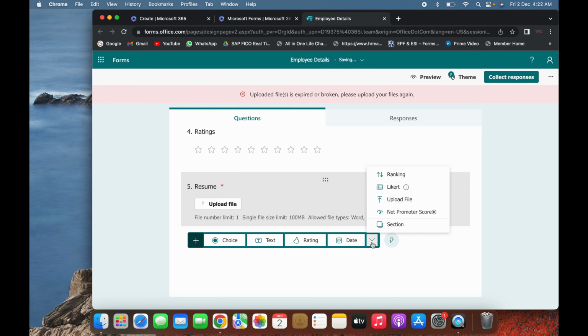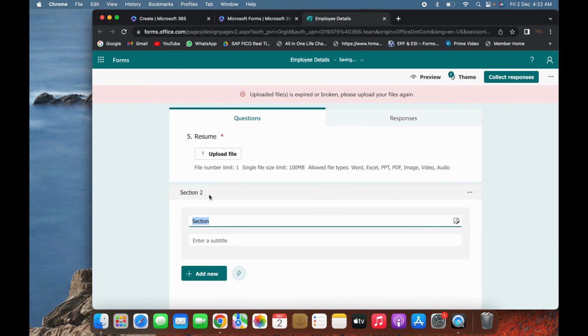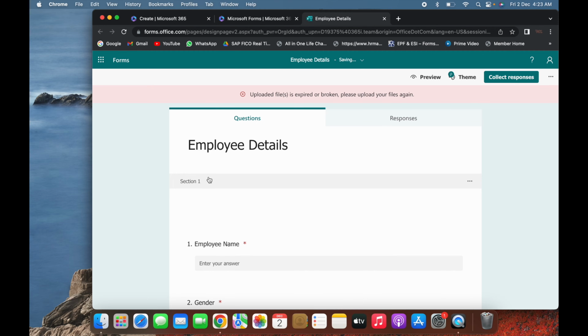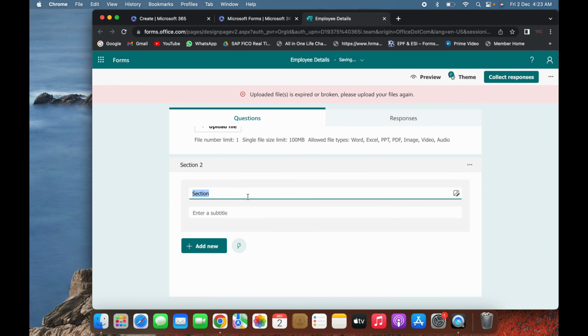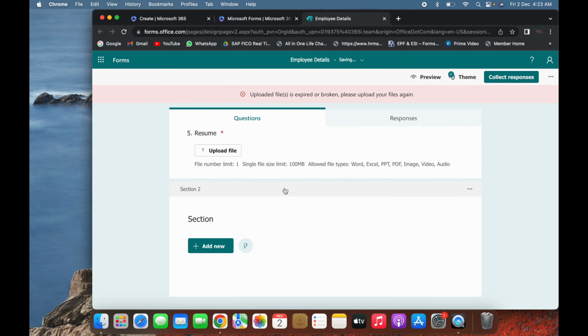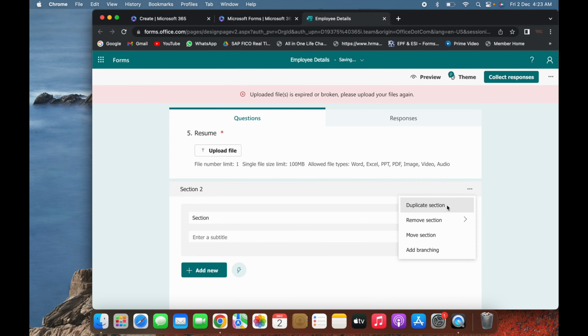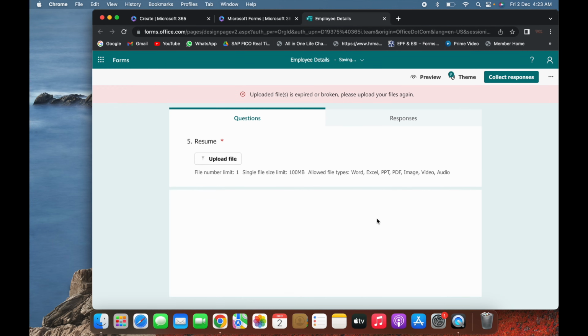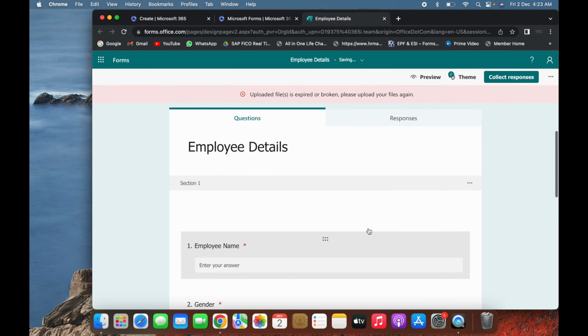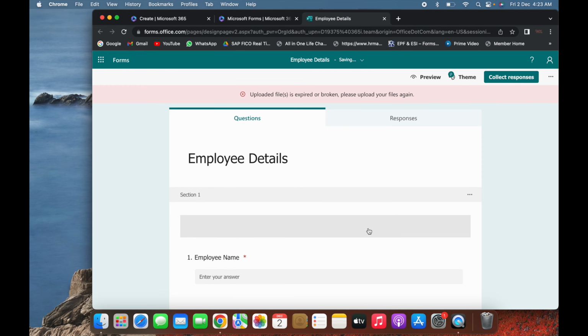Add new and go ahead, and this is a section. It is nothing but it will divide the questionnaire into different sections. So it will add a new section. So if you click, see here, the new questions will keep on building from here itself. So the above one is section 1, as you can see here, and the bottom one is section 2. So it is not needed to keep this section-wise as of now. So let's remove this section. Okay, so this is how you can build your application.